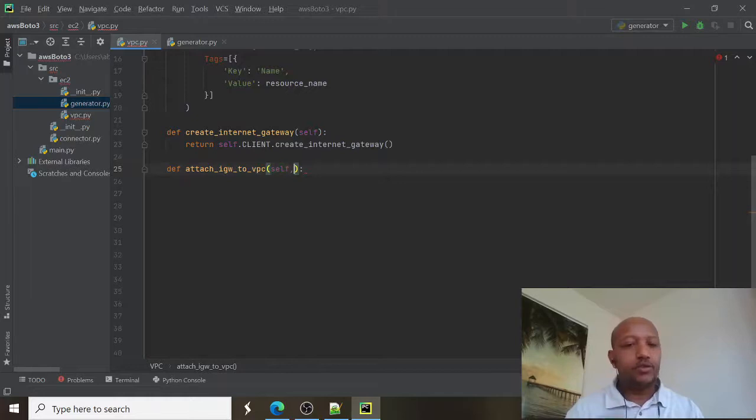That's it. It takes two parameters. One parameter is VPC ID. The second is IGW ID. Okay. Then return a value